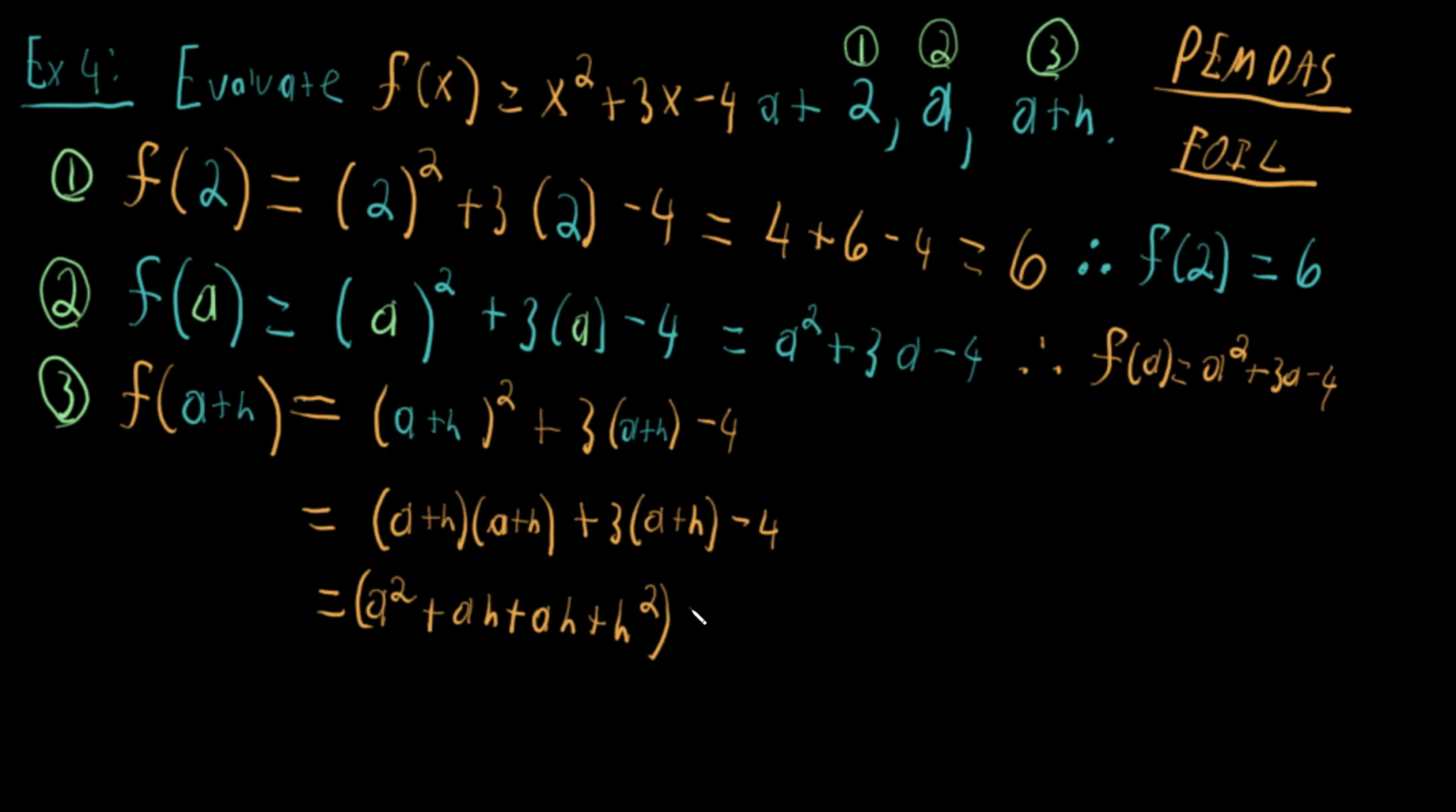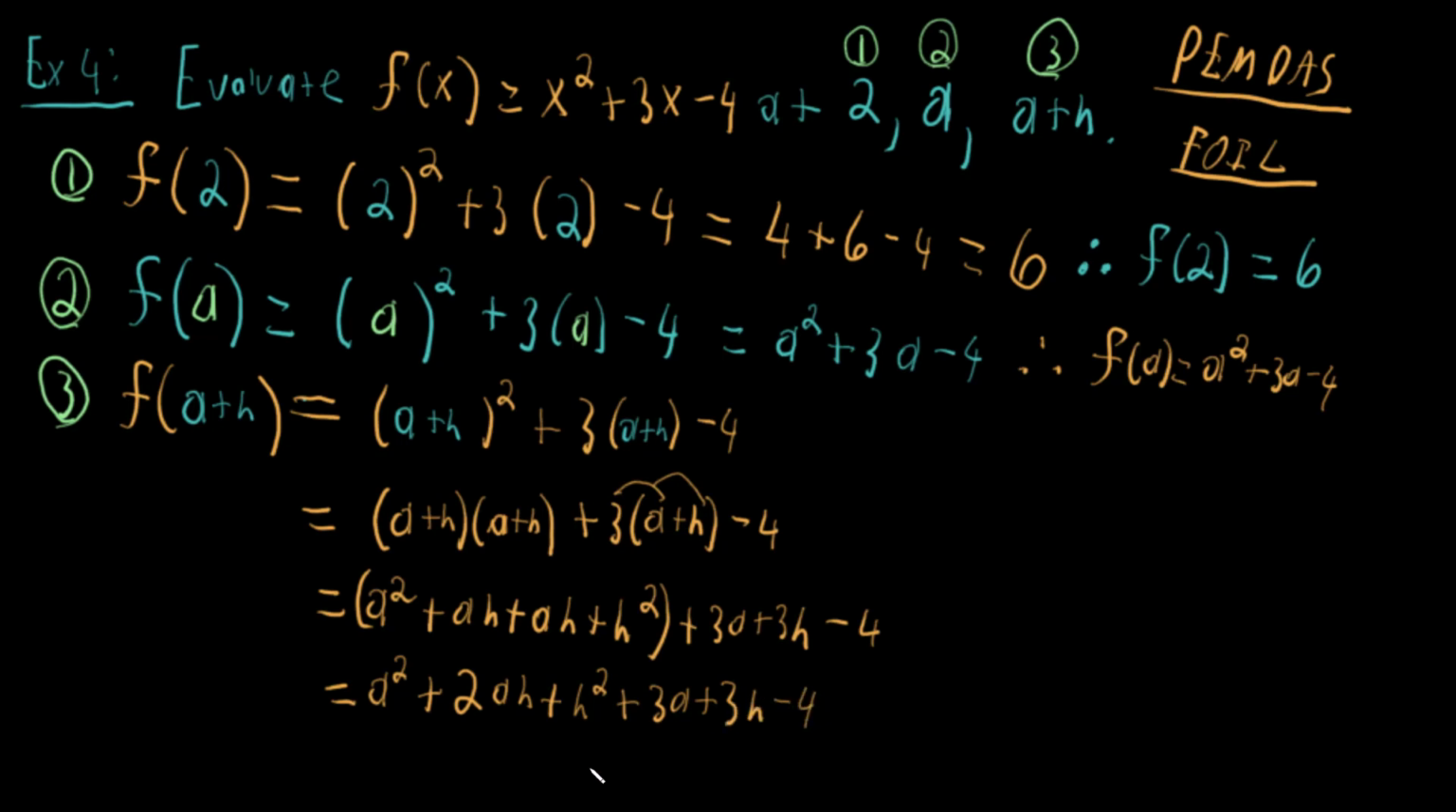We still have the rest of it. Plus, we're going to just distribute this 3 in. 3a plus 3h. And then this minus 4 is just still hanging out here. Okay? And then the last step is we just put everything together the best that we can. So this equals a squared plus, well, we have 2 of these ah's. Okay? Great. So this is going to be 2 ah's. A number plus itself is just 2 times that number. Plus h squared plus 3a plus 3h